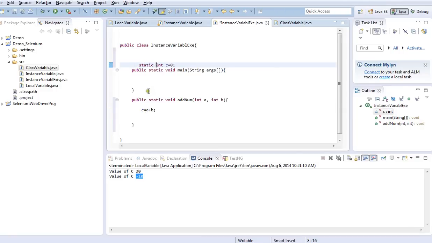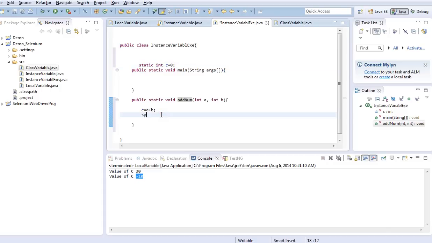I have to use the static keyword because I am making the method static. If you make the method static, then the variable also should be static. If you remove static here, then you can directly define int c equals 0.